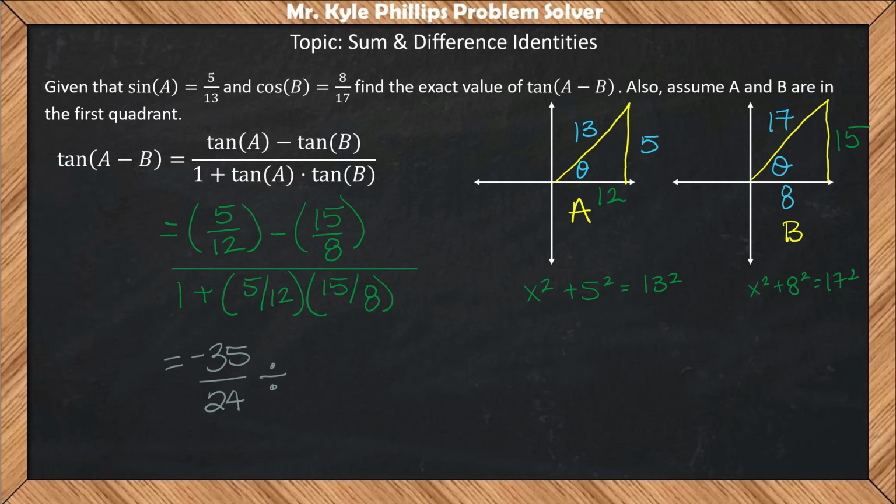We'll say 1 plus 5/12 times 15/8. And that's going to give us 57/32. So now we're going to say negative 35/24 divided by 57/32, and that's going to give us negative